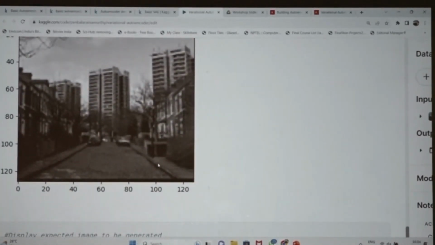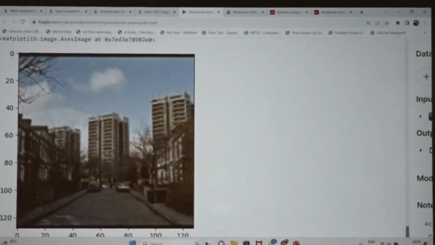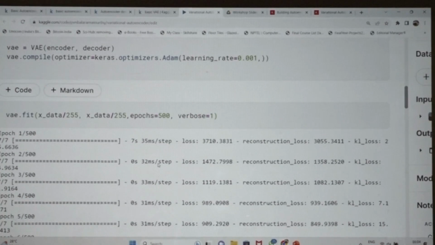And I will show you the training also. We fit the model with X data and X data only, meaning it regenerates the same image. For a color image, it is different. I will show you the color image also.